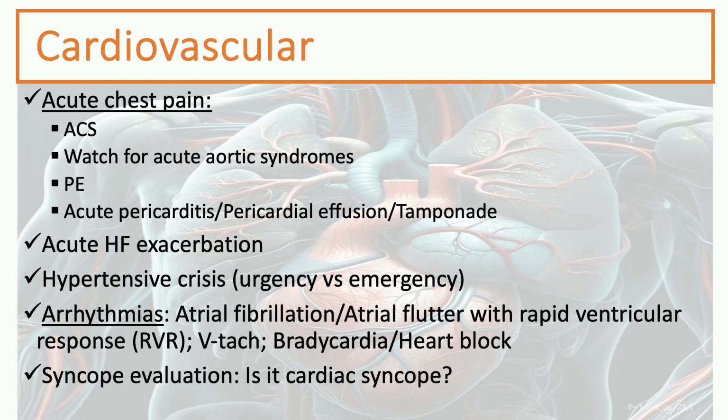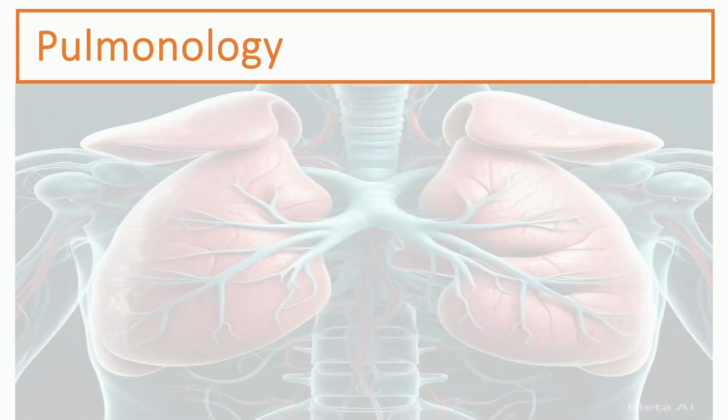Syncope evaluation also is very common, to have a patient coming in with loss of consciousness, and sometimes it might be tricky to differentiate between dizziness, loss of consciousness, syncope, presyncope, seizures, falls, even drop episodes out of the blue. So under cardiovascular, of course, cardiovascular syncope is something that you always need to keep in mind and rule out, but it's not the most common cause of syncope. And also you need to be aware of how not to over-test these patients, because it happens commonly on wards. And then limb ischemia also, you're going to see a lot of diabetic patients coming in with various degrees of limb ischemia. Pulmonology,